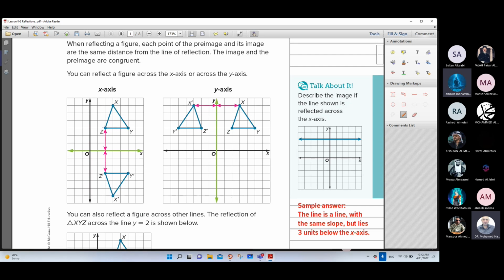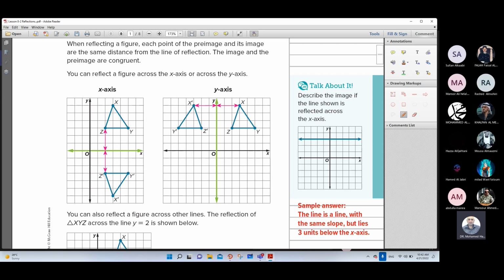And the distance between each point from the pre-image has the same distance across x-axis to the new figure, the image. Means the distance between Z and x-axis equals the distance between Z prime and x-axis. Also, the distance from x to the x-axis equals x prime to the x-axis. And the distance from y to the x-axis